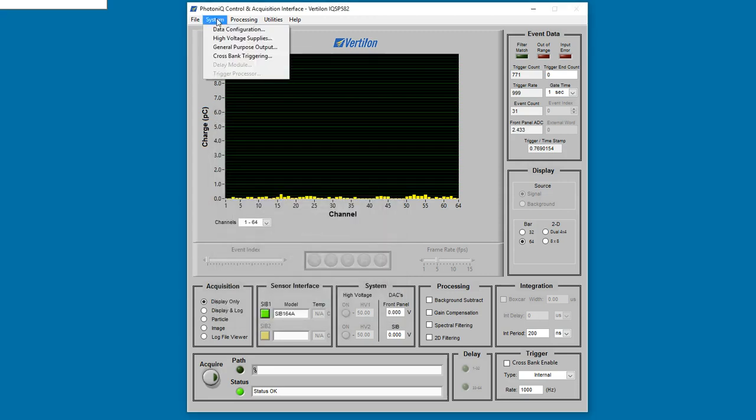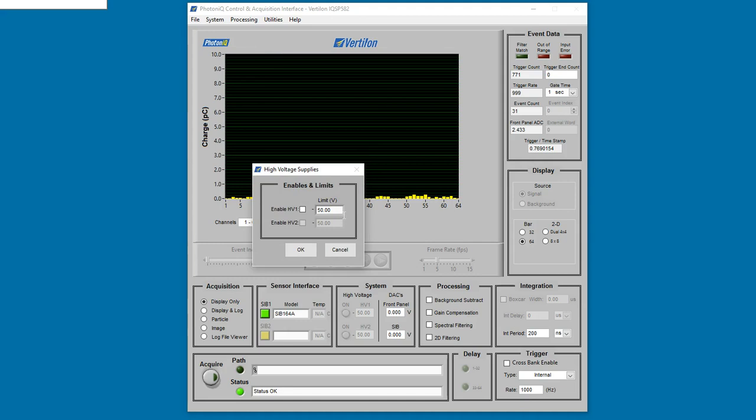So we go to the back here to the high voltage supplies, and even though the high voltage is actually set over here in the front panel, there's a configuration menu that shows up over here, which is really more or less a sort of safety issue. Unless the front panel is configured by enabling this box here, you cannot turn on the high voltage accidentally through the front panel. So what we're going to do now is enable this section right here so we can turn it on